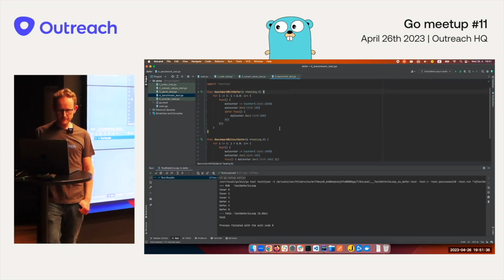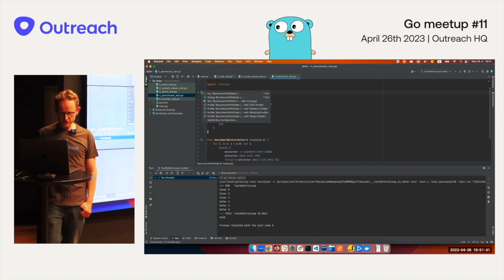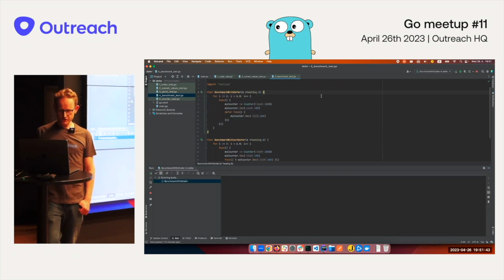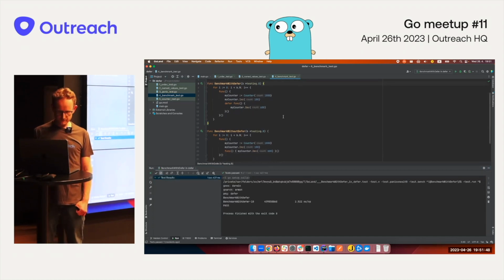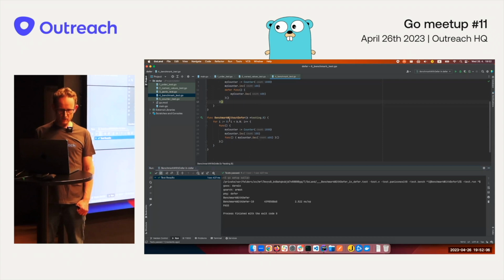So I used just the basic benchmarking functionality of the Go language, and I tried it out. So let's check it out. First, we will run our function with defer, and as you can see, the performance is really good, like 2.5 nanoseconds per operation. I think this is really good performance. No problem with that. I don't see it as an issue. But let's see how it will do without the defer. It's the very same functionality.